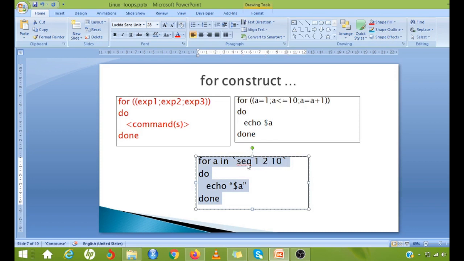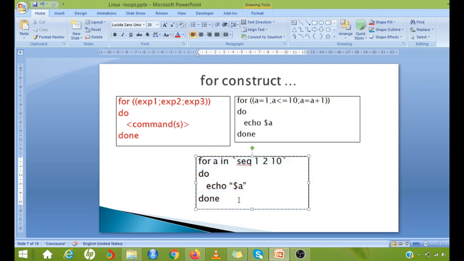But here the sequence 1 2 10 tells Linux to create a sequence of 1 incremented by 2 till it gets the value 10. That means you get the values 1, 3, 5, 7, 9. So 1 is the initial value, 2 is the increment value, and this is the terminal value or the terminating value. All the values will be evaluated and placed here, and these things will be executed here.